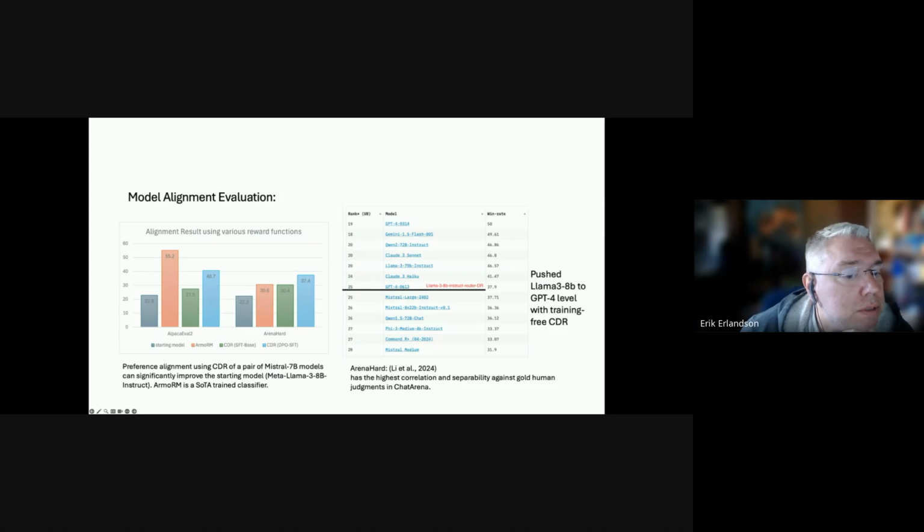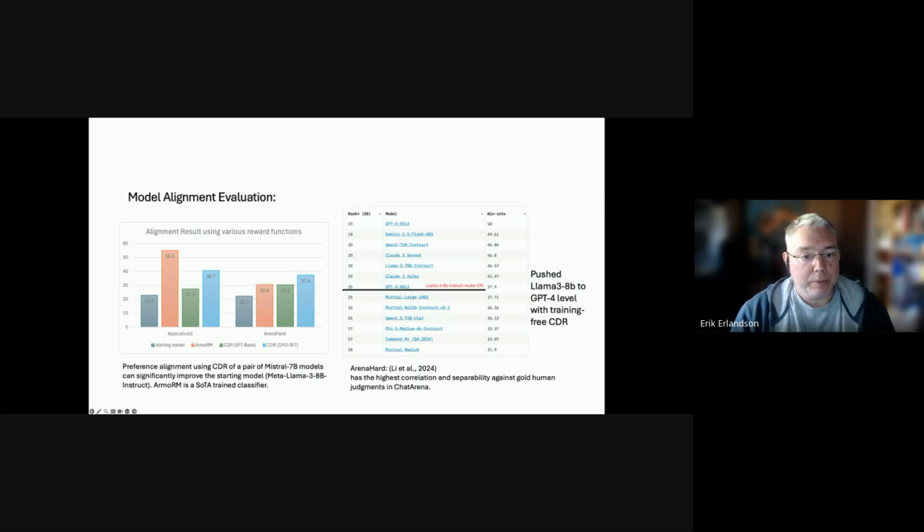Have you tested this on a scenario where, I mean, I'm a customer, and on some level, I don't care what my model does on a bunch of public benchmarks. I care about how it does on my customers' insurance policy questions. Have you done any experimentation with that kind of very customer domain specific setting? We have